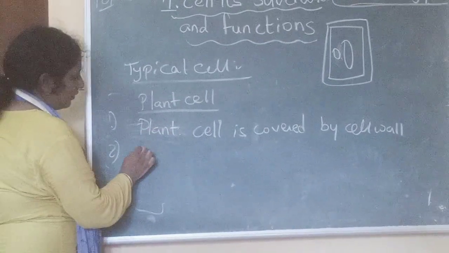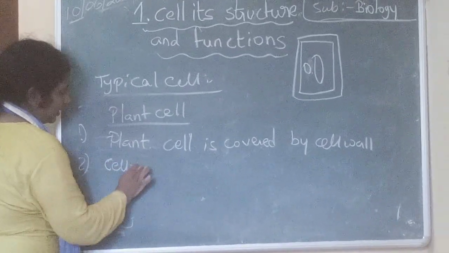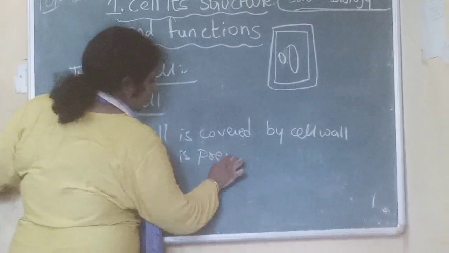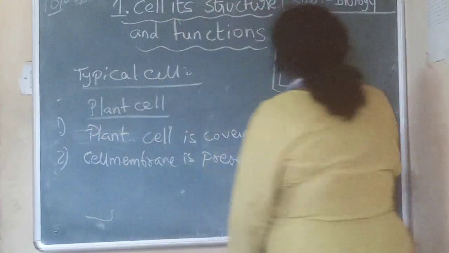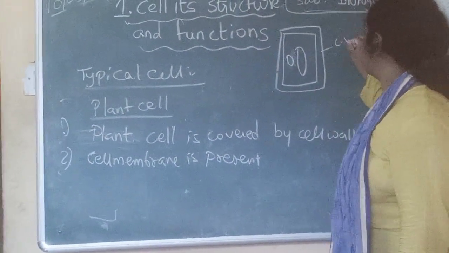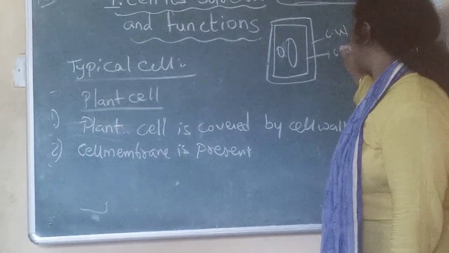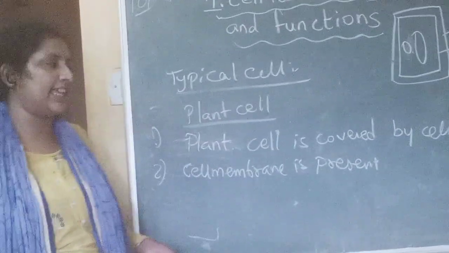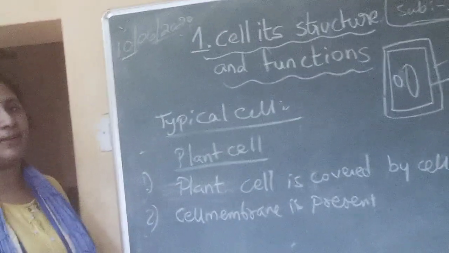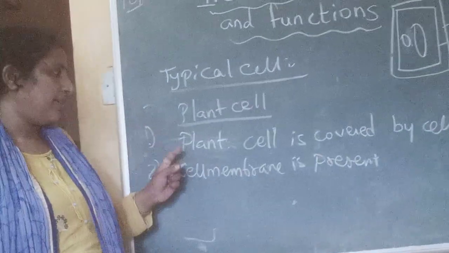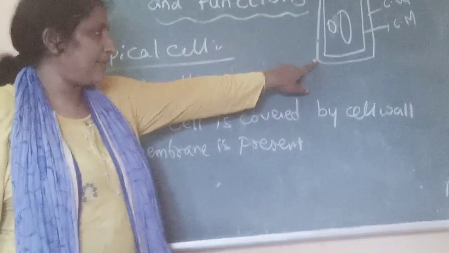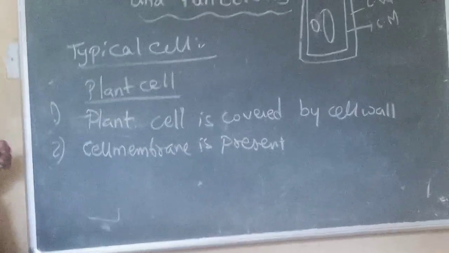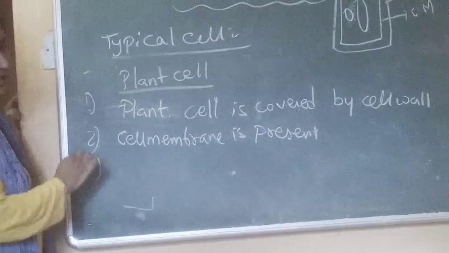After the cell wall, the cell membrane is present. This is the cell wall. After the cell wall, the cell membrane is present. Cell membrane is present in every cell, plant cell, animal, or any cell. Cell membrane is commonly present in all cells. So the cell wall is present in the plant cell, and after the cell wall, the next one is the cell membrane. Next one is,